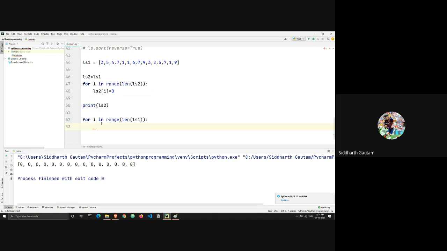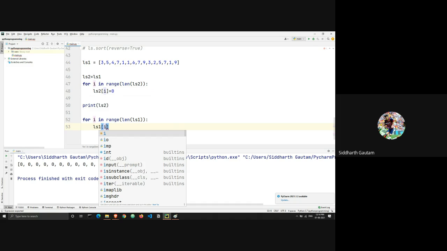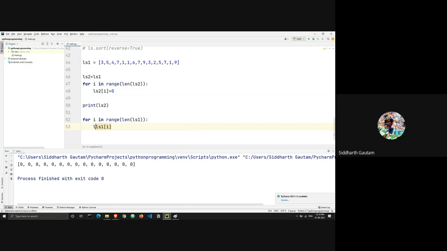Okay, and how do we do that? Let's see. So my ls1 of I is equal to 3. So what I'm going to do is ls2 index ls1 of I plus equal to 1, and I have to close this bracket again.